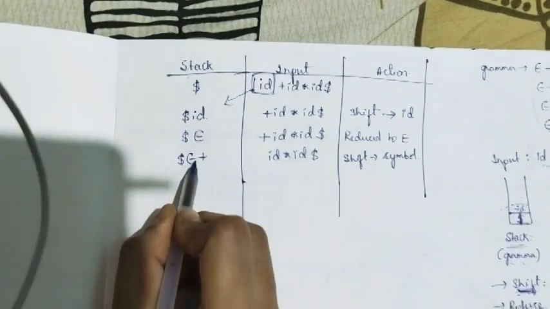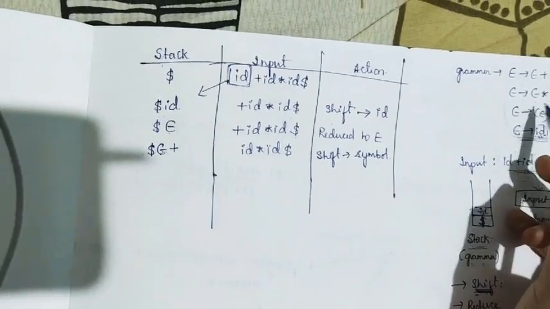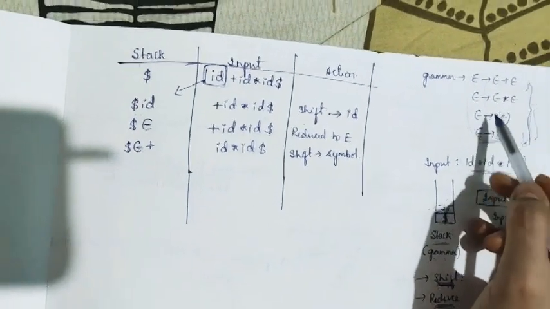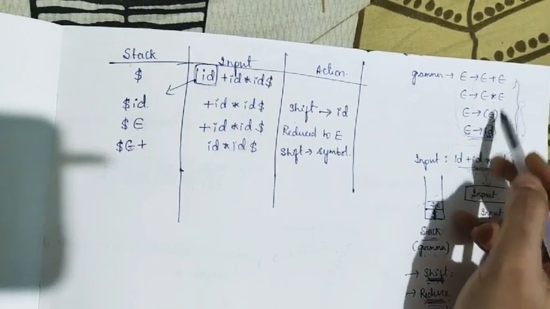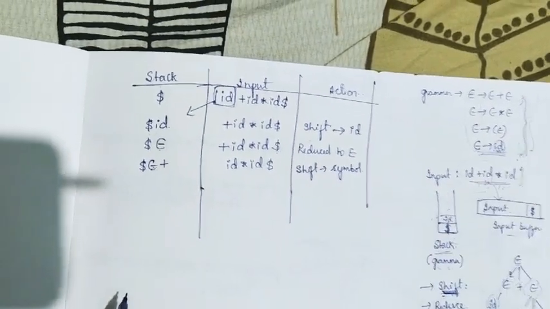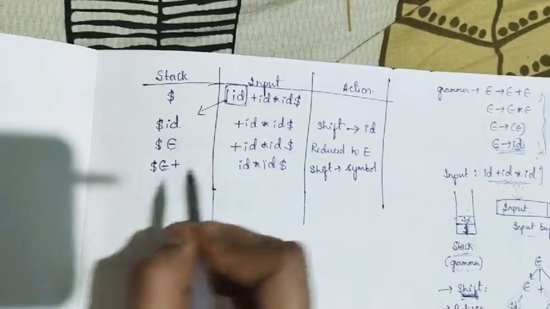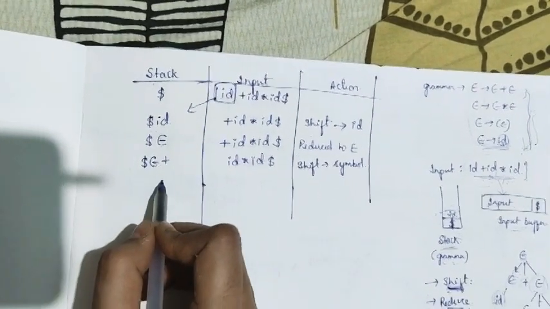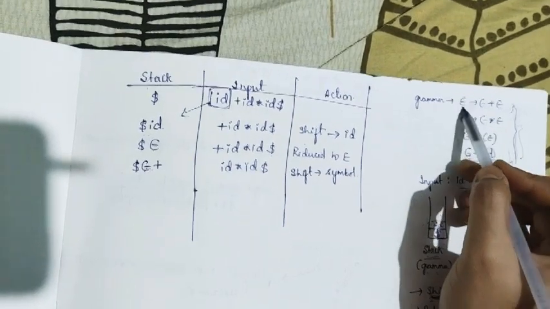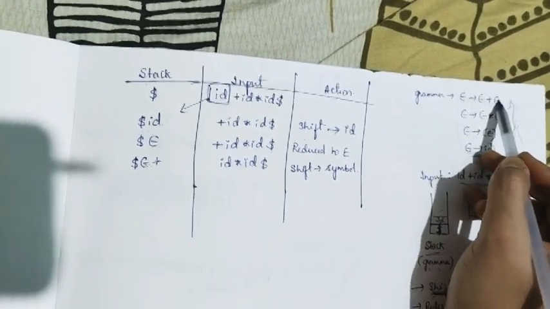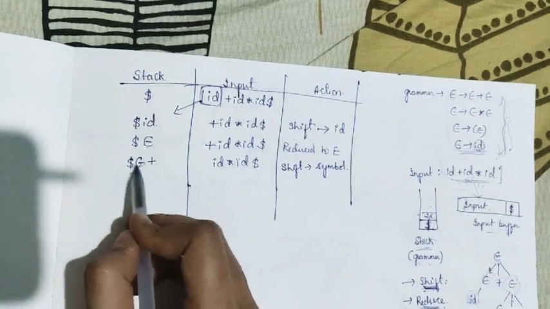Okay, so now we will see if we can reduce. If I check the grammar, I don't have any production which specifies E gives rise to E plus. So we don't have that production here, so we cannot reduce it. After each and every shift we have to perform a check to see whether we can reduce or not. We have E produces E plus E, but we don't have any production for E plus.